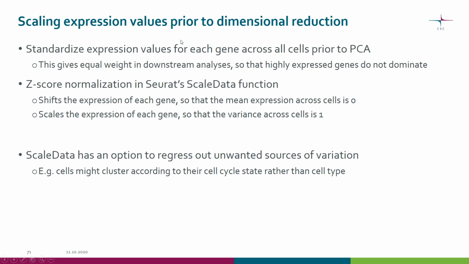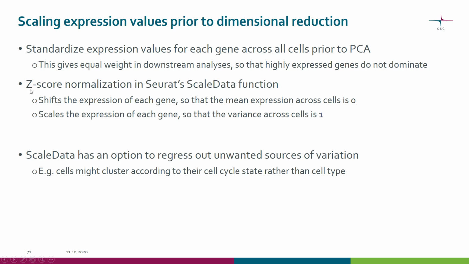So ultimately we are going to do clustering and we will use principal components for that. So we'll need to do principal component analysis. But before that, it's necessary to standardize the expression values for each gene across all the cells, because this will give equal weight in downstream analysis so that the highly expressed genes do not dominate as they otherwise would. So in Chipster, this uses the scRNA tool, scRNA method scale data,